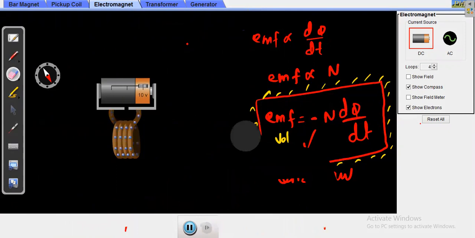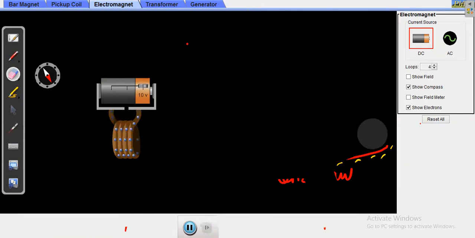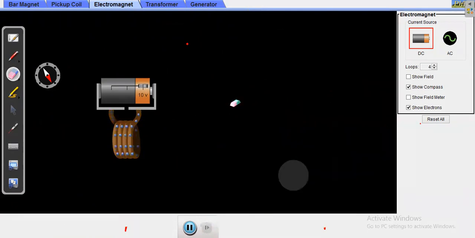What is an electromagnet? When you have an iron piece and pass current through that iron, after some time that iron will behave as a magnet. Okay, that is it. Now,